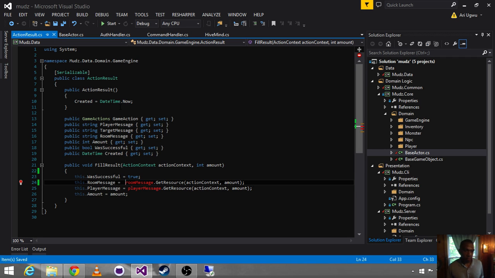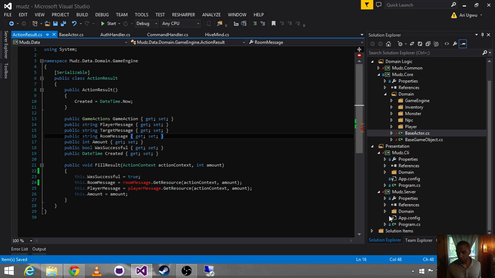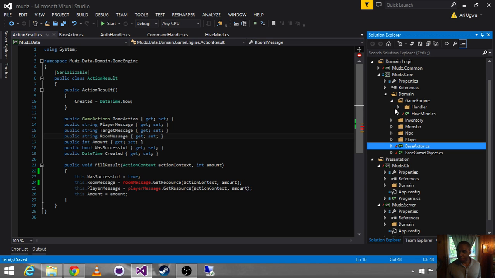Give me 2 seconds. So I need to do a little more, because now that I'm in the data tier, action result. Let's do something a little different. So I've set my model for action result inside of my data tier. Boom, boom, boom, bop. So inside of my core, inside of my game engine,